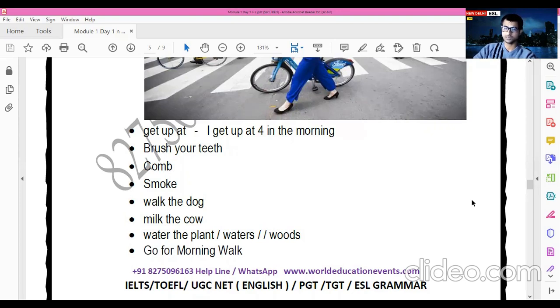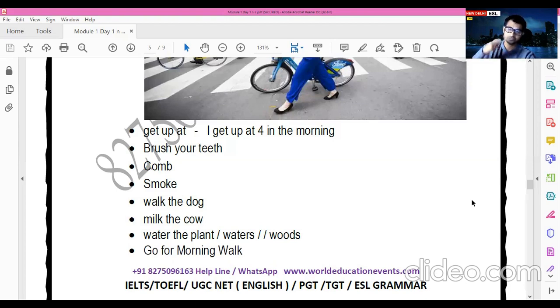Now come to the next one. Do you comb your hair? If you're having long hair, like girls generally have, at that time you can say I brush instead of comb. I brush my hair. Don't say hairs, that would be incorrect. If you have only 2 or 3 hairs on your head, at that time you can say hairs. But generally we don't say hairs, so you have to say hair. I comb my hair. So do you comb your hair? Yeah, I comb my hair. I don't comb my hair is the negative answer.